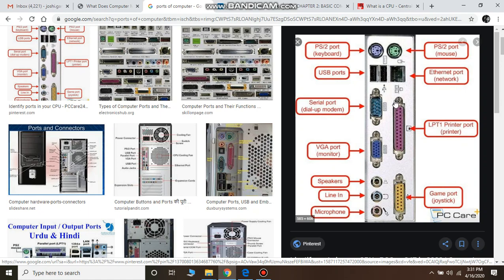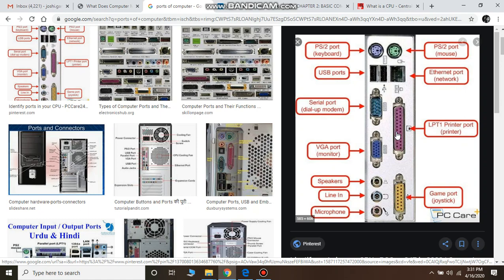Next we have a parallel port. A parallel port is going to transfer several bits of data at one time. Unlike the serial port, in which only one bit of data is transmitted at a time, in a parallel port, several bits of data are transmitted at a time. And it is used for devices that require high speed data transmission. Just like printers, you have scanners; all these are connected to this port, which is a parallel port.